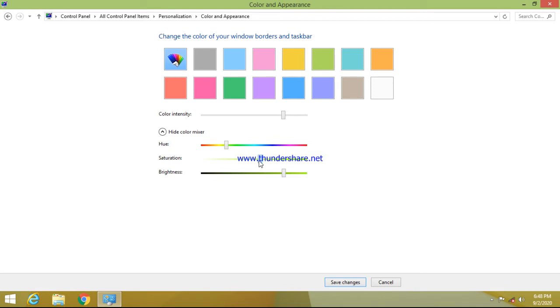The more you take near the saturation, it will be lighter. Brightness works the same way. This is more bright. If you take it the other way, it is going to show a darker shade. So this is how you are going to set it. Set it in such a way that you love to see your taskbar.